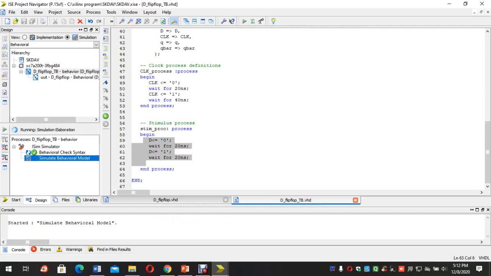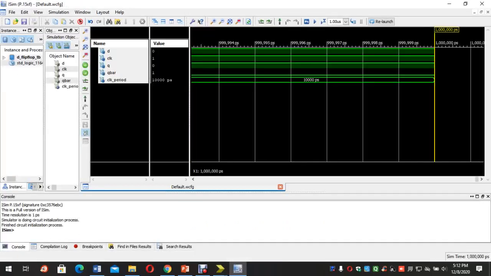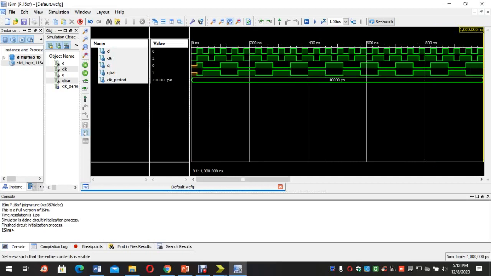Then we click on simulate behavioral model. So drag the pointer and place it at any position.